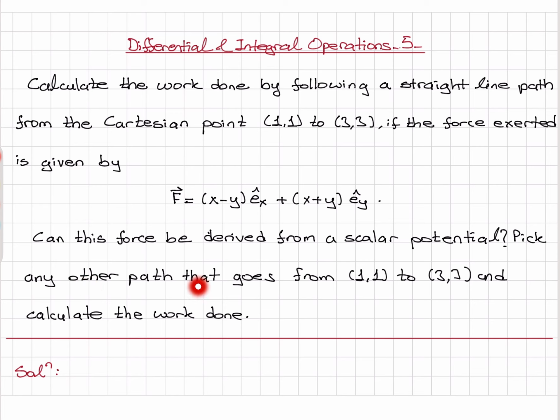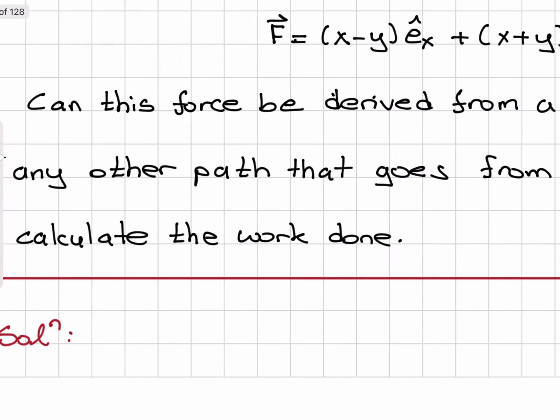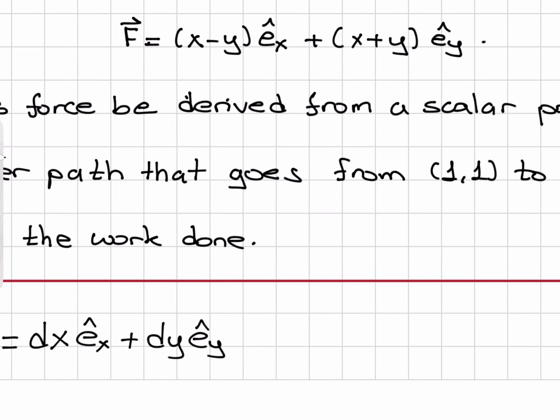Pick any other path that goes from (1, 1) to (3, 3) and calculate the work done. Well, first of all, on the Cartesian coordinate system, the differential displacement vector dr is dx ex hat plus dy ey hat. Now, if I take the dot product of the differential displacement and the force to calculate the work done,